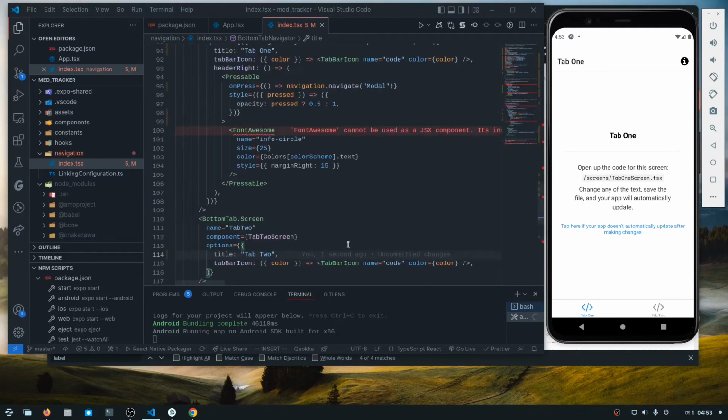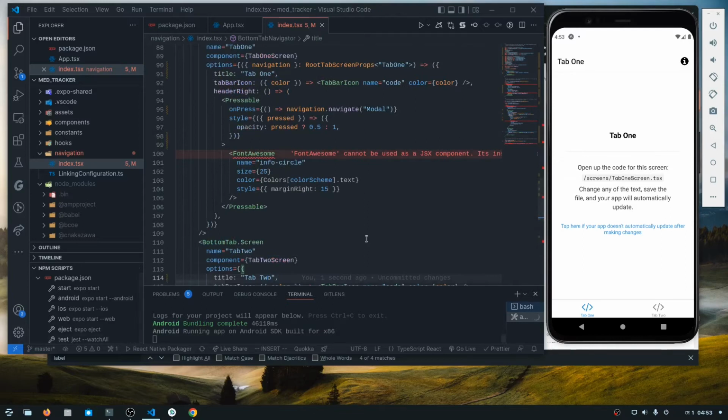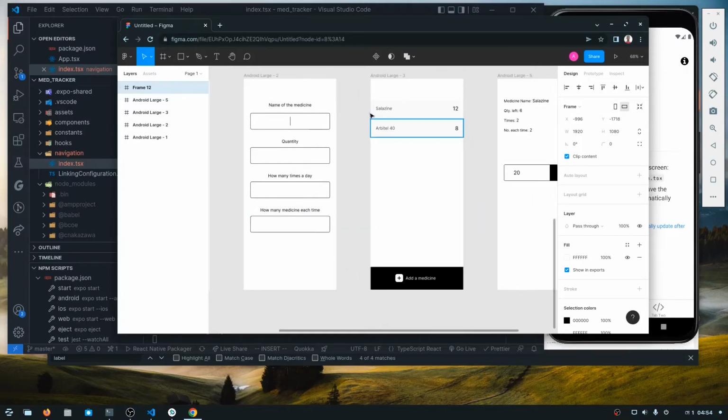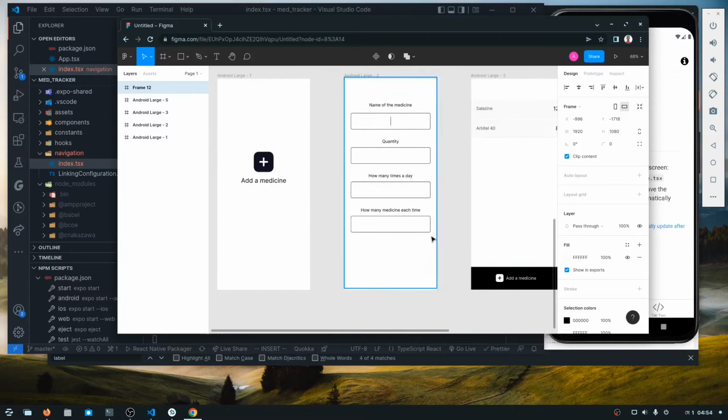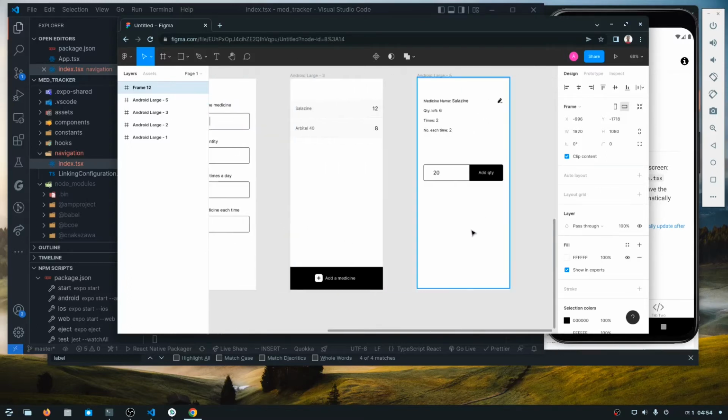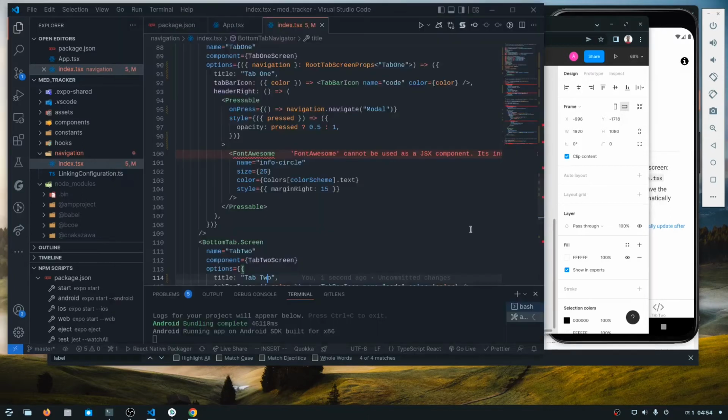So I will keep the tabs because we can do tabs in our application. Let's say we have 2 tabs, and one is for all the medicines, like this screen, and we can have a tab for adding the medicines, like this one. So I think we can have 2 tabs. It's fine. So let's get back